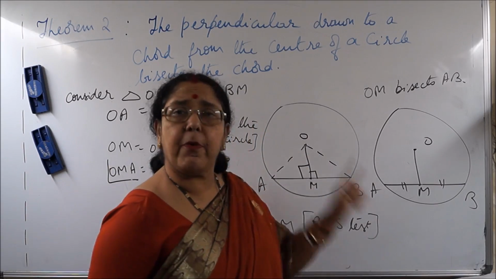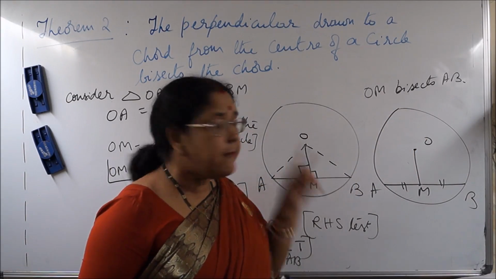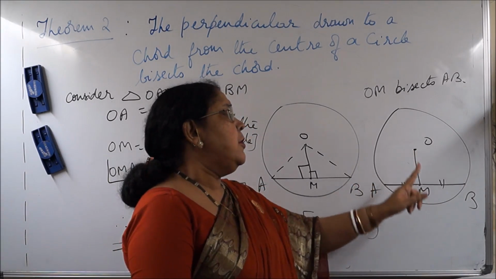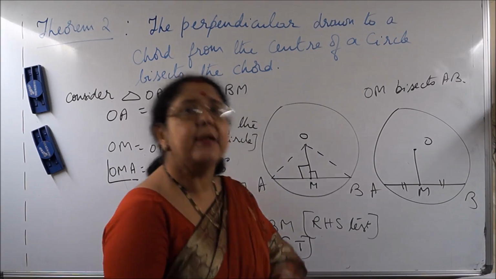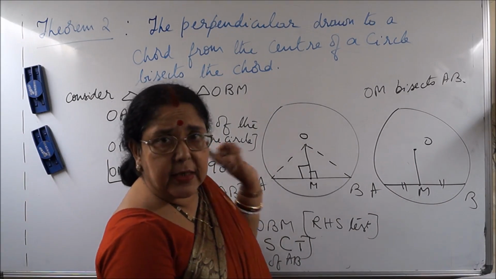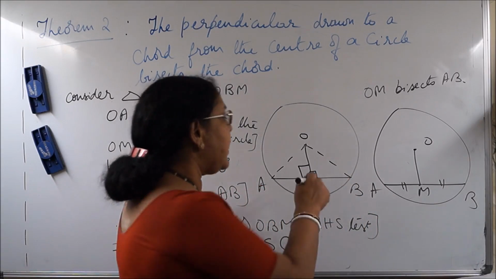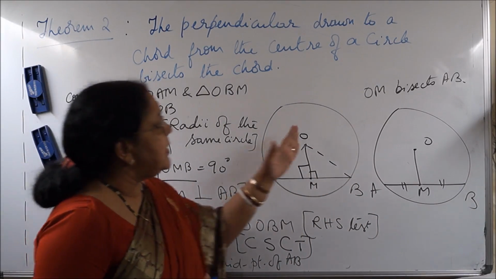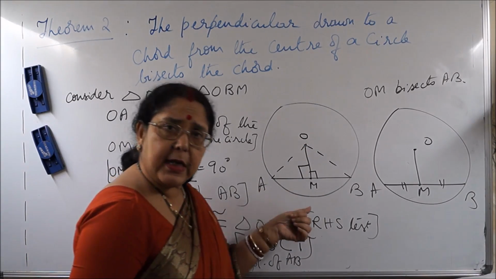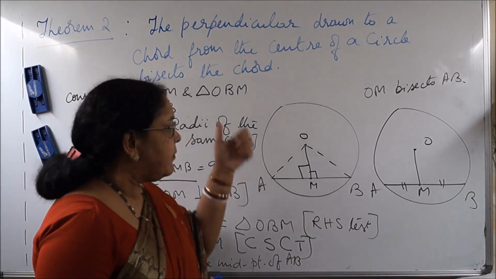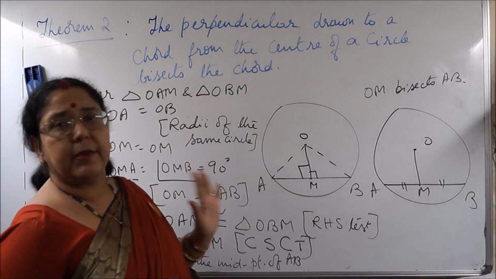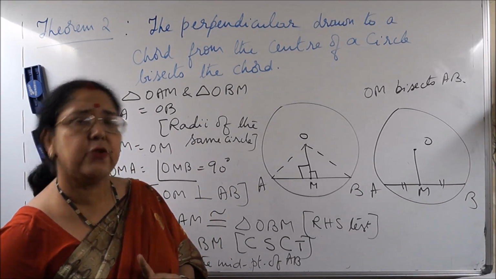It depends upon what data is given to you. If you are told OM is the line drawn from the center bisecting a chord, that is the given condition, then you will conclude that OM is perpendicular to AB from theorem 1, that is the statement you have to write. Whereas if you know that a line OM is perpendicular to AB, where O is the center of the circle and AB is a chord, then you can conclude that M will be the midpoint of AB, and the reason will be this statement. In square brackets you must write.